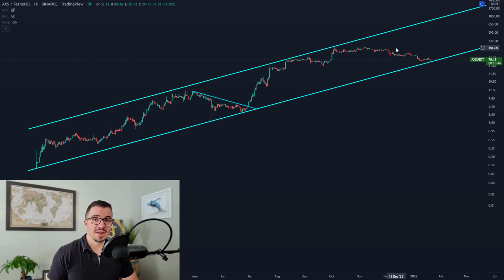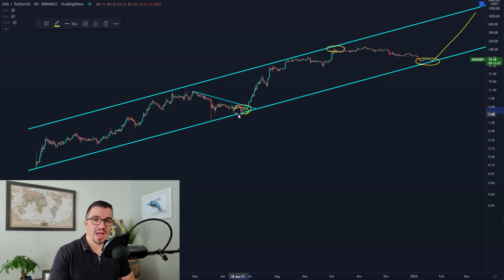It is an asset where we can apply a value to it, aka the market cap. In that case, we can say that it is going to be much harder to move from current levels down here back up to the top of this channel. It's going to be much, much harder than it was back here up to the all-time high. And that's simply because at this low, the market cap was around $200 million. The high up here was around $10 billion. The low right now, the market cap is about $5 billion. So we're literally talking about a low at $5 billion versus a low back here at $200 million. All right, so a big difference.